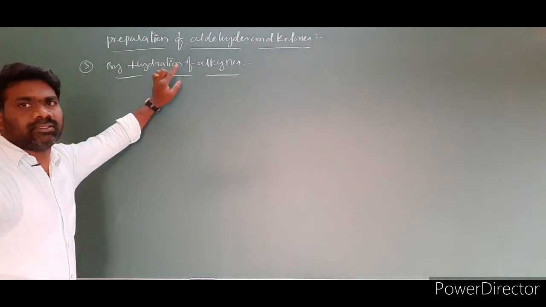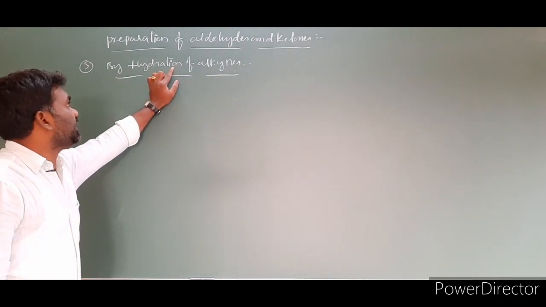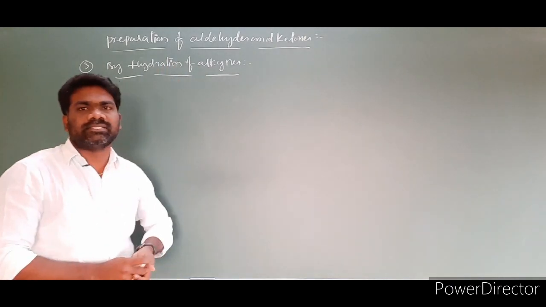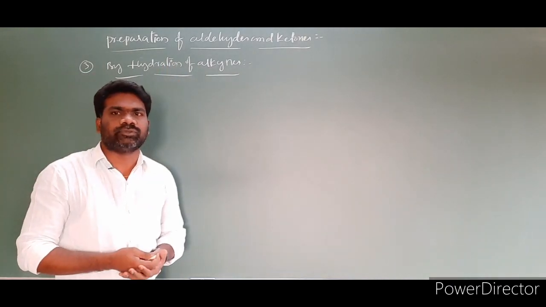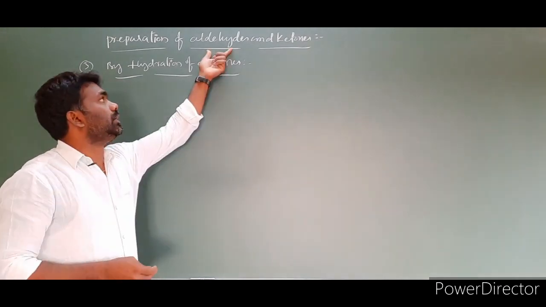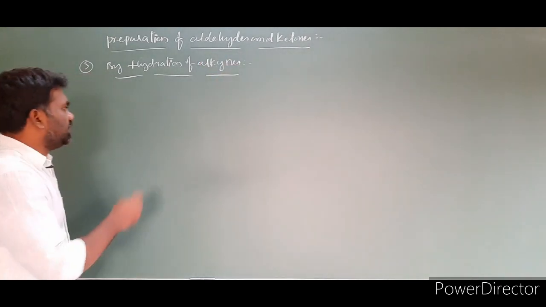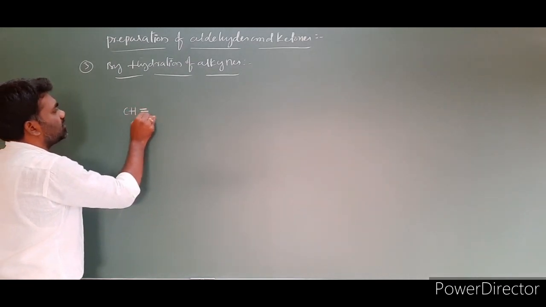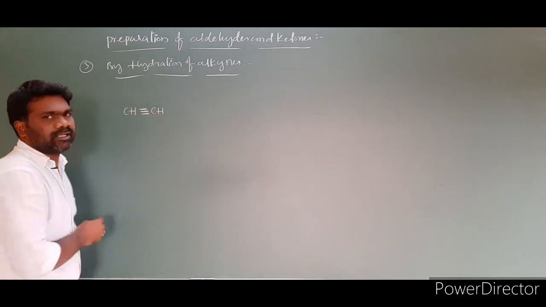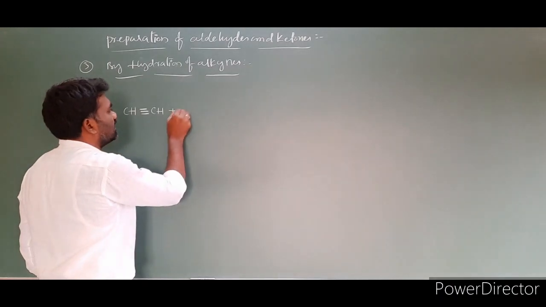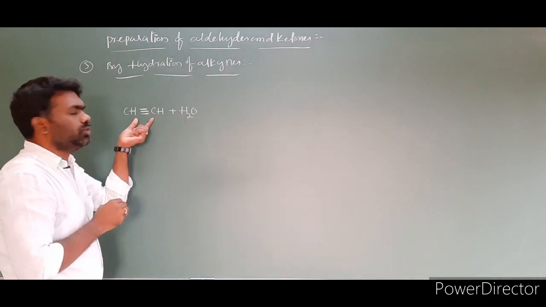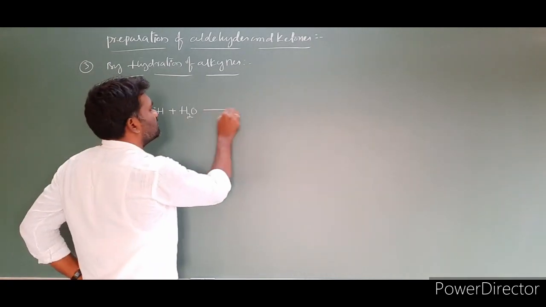Hydration of alkynes. Hydration of alkynes means addition of water to alkynes in presence of HgSO4 and H2SO4, which gives aldehydes and ketones. What does this statement mean? I am taking an alkyne, CH triple bond CH. To this alkyne we have to add a water molecule. Addition of water to alkynes in presence of